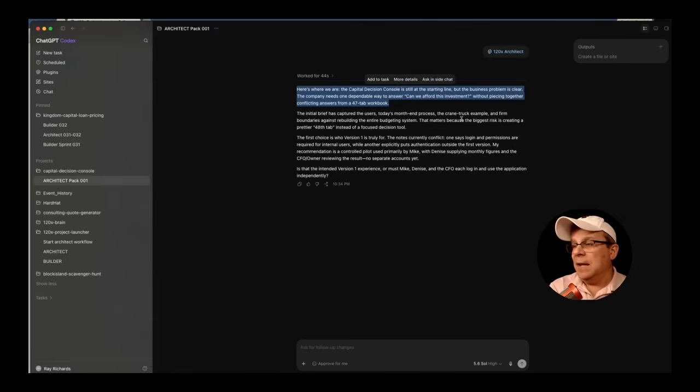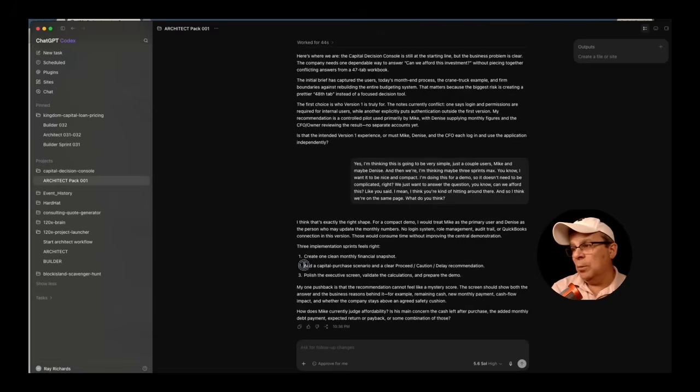Now it's telling me, hey, I got it. I understand the architect builder method. I'm going to be your architect. What do you want to build? It's recommending what we do. This first sprint is really kind of administrative, a lot of updating folders and setting the folder structure, the file structure, in the appropriate way. So we're going to